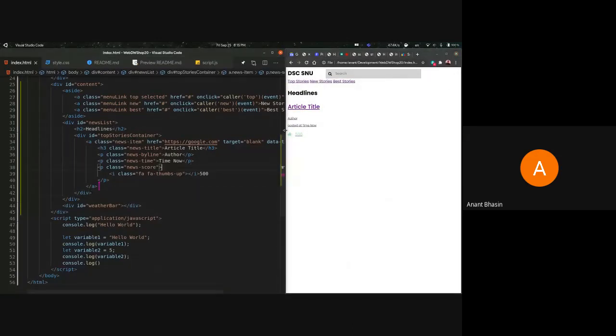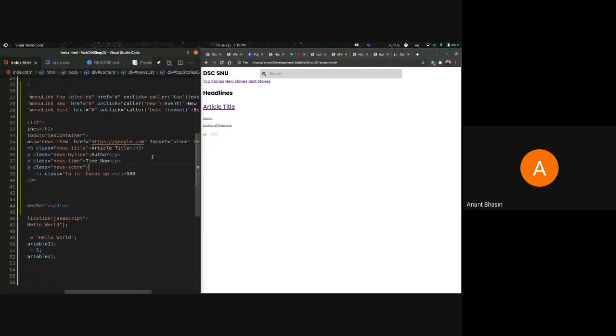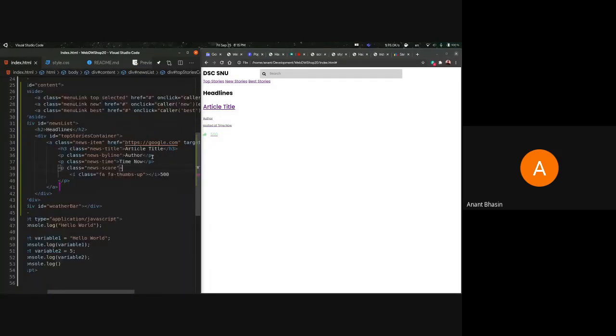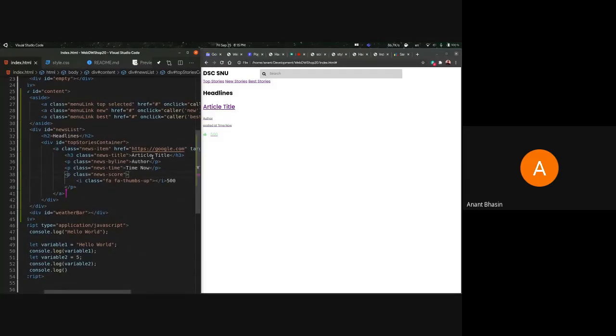So let's add this styling. First of all, any questions on the HTML? I don't think you would have any questions understanding the hierarchy and everything. So if everybody is fine at this point, we'll move on to the CSS. In the CSS as well, there aren't going to be any new concepts. You're just going to have to connect the HTML with the CSS that we explained.